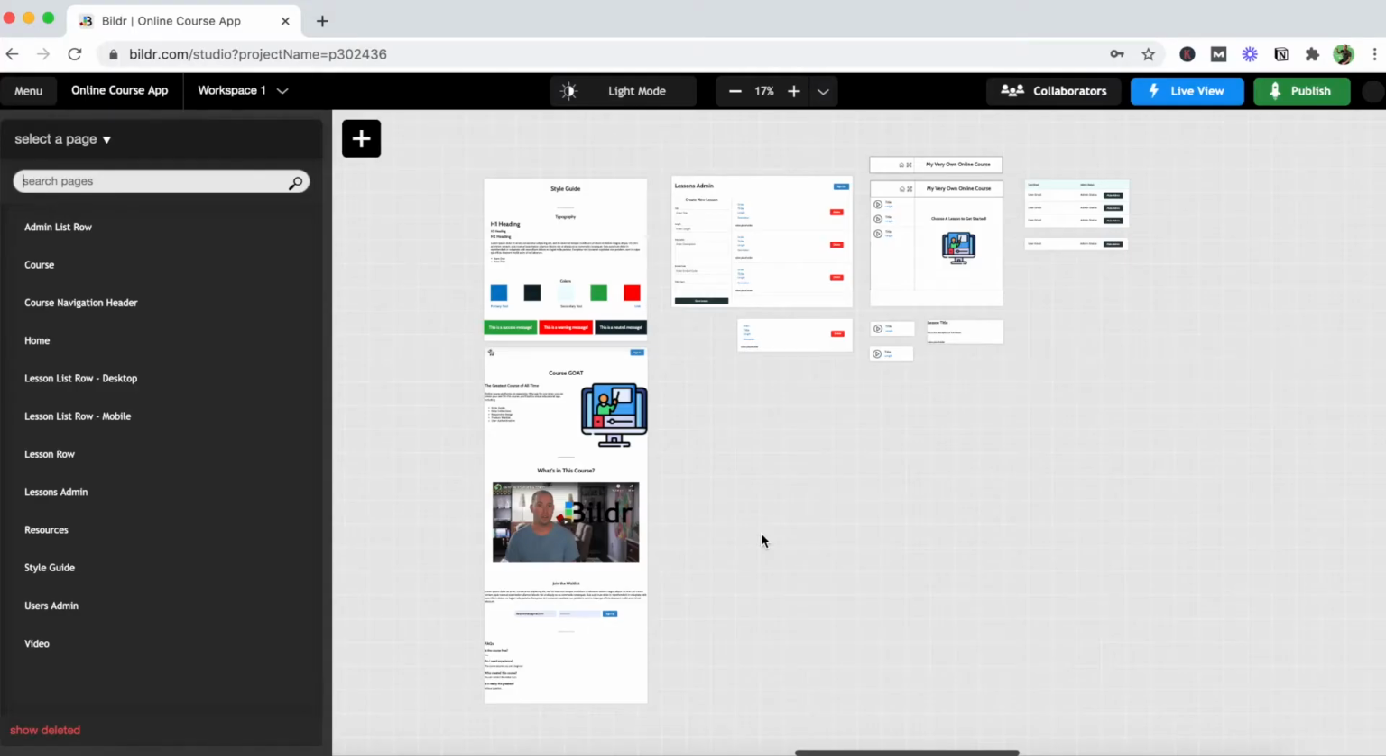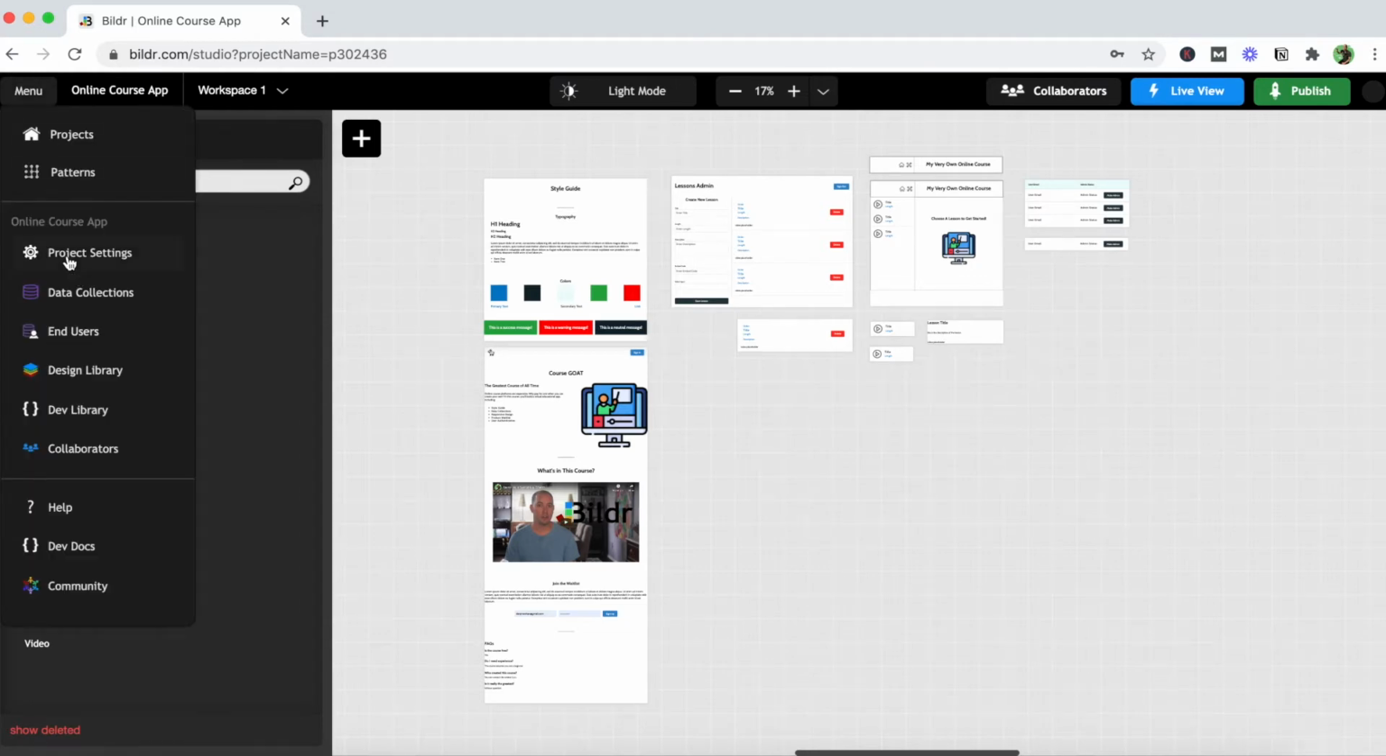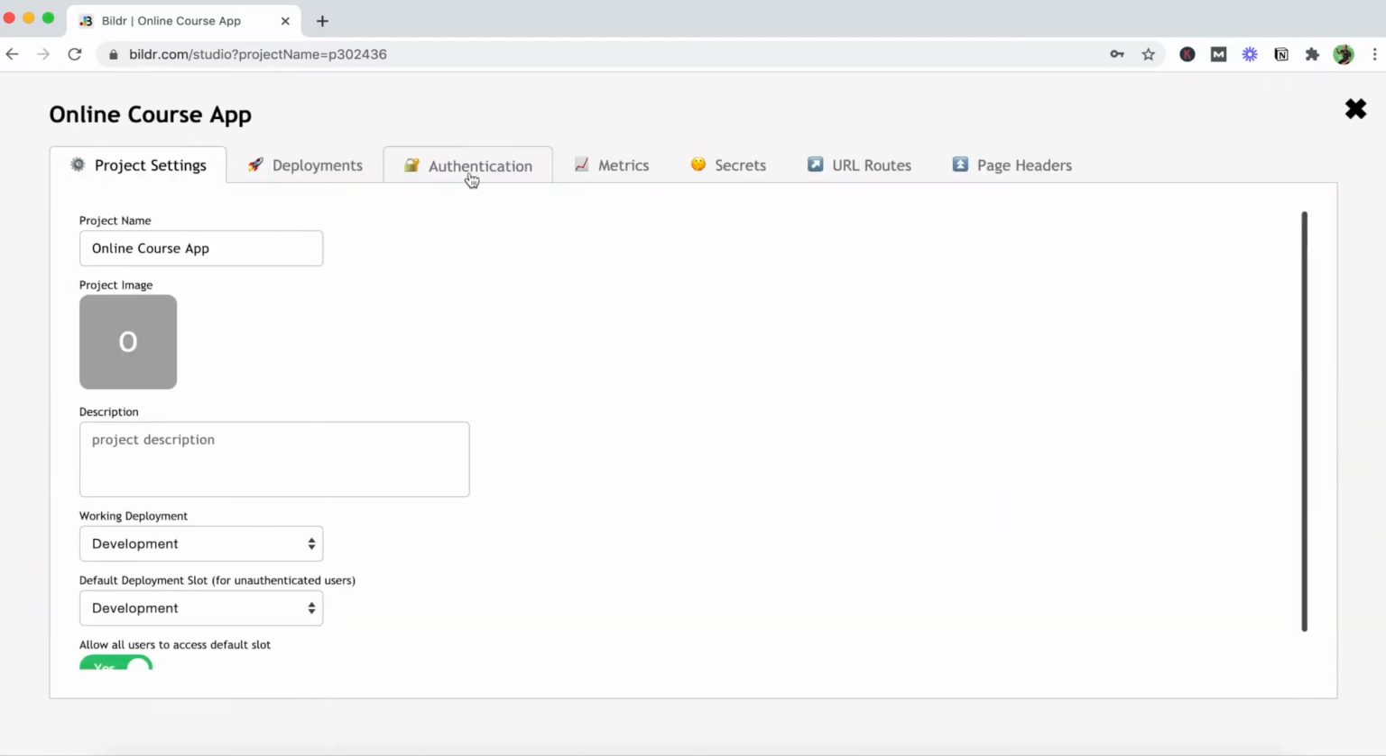Welcome back. So now we're letting our users in off the wait list, but they have no real way of knowing that they're off the list and that they can actually go and sign in and access the course. So we're going to get back into our project settings here and our authentication tab,